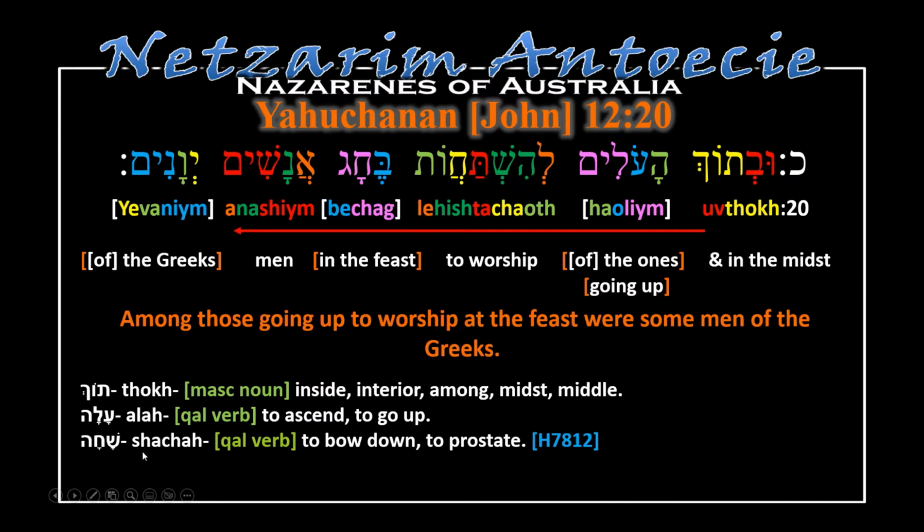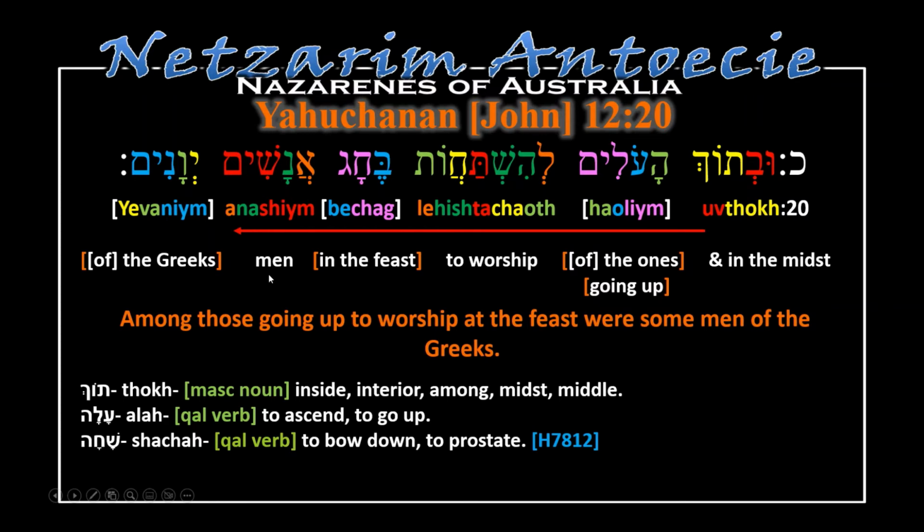Now let's have a look at the root of that. Shachah is actually the kal verb, and it means to bow down, to prostrate, and its Strong's word is H7812. It means to bow down, right? So that's what we do with worship, so it's related to that. And then we have bechag. Be meaning in, and chag is the feast, in the feast, to worship in the feast or at the feast, right? And then we have